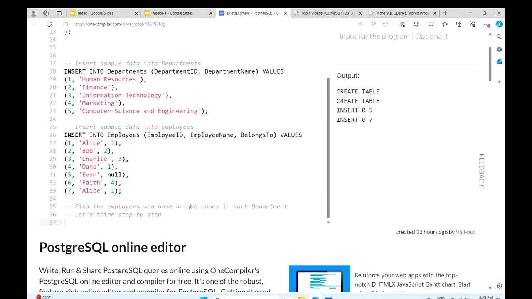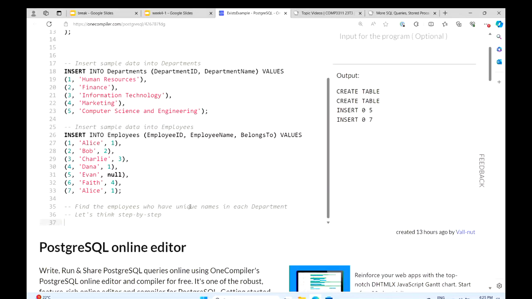Let's try to convert this problem into something we could describe alternatively, because an SQL query is like describing the data we want. So what's the data we want here?